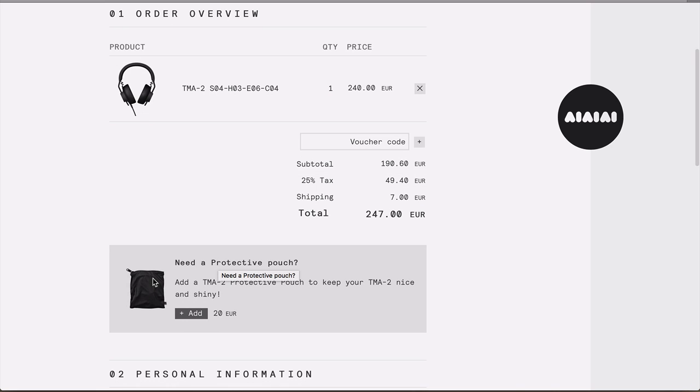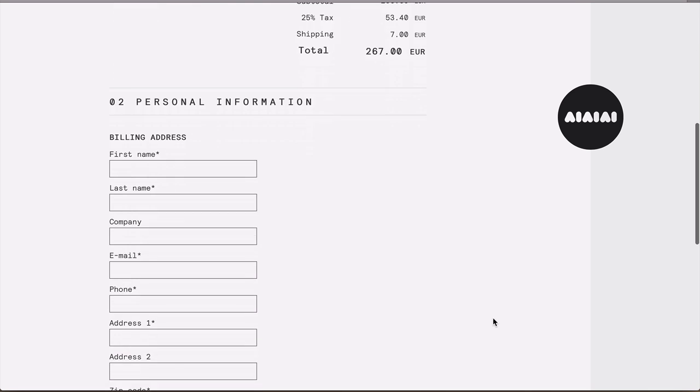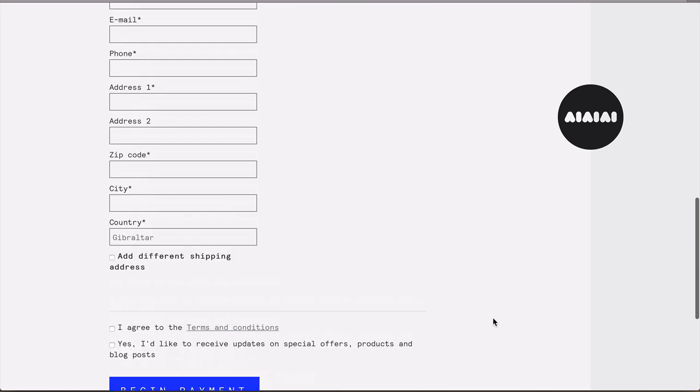We actually have this pouch. I think it's going to be this one for the TMA1s that we have here in the studio. I quite like the pouch. It's a soft pouch, but it looks nice and it zips up nicely as well. And there's my final configuration. So all I have to do now is fill in the Digital DJ Tips information here, get these ordered, and